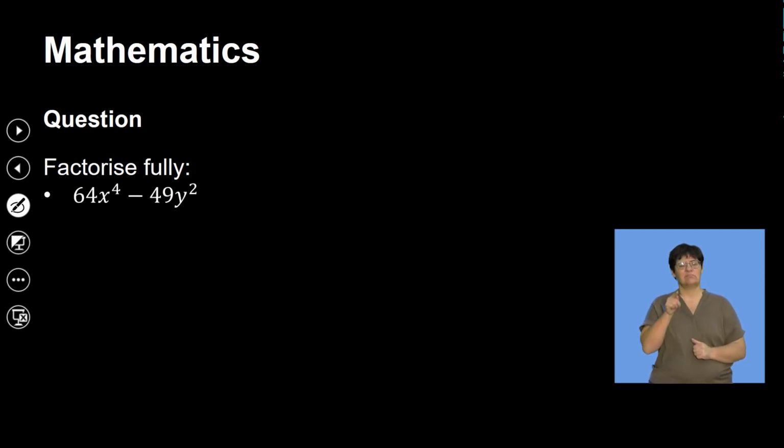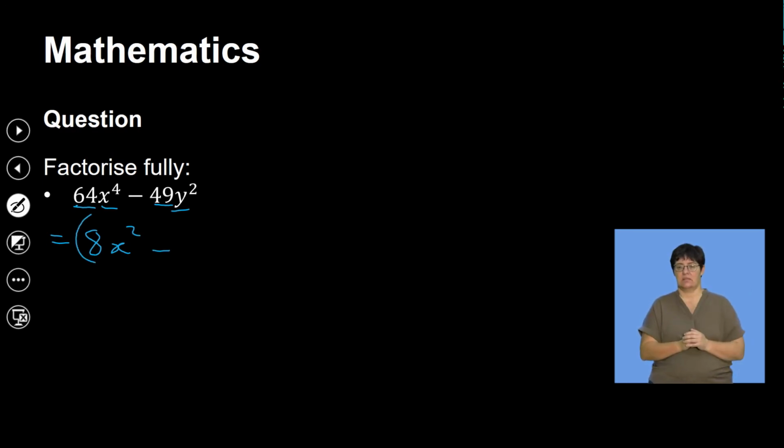Now here is a difference of two squares. Remember, this is a perfect square. 49 is also a perfect square. X to the 4 is a perfect square. Y to the 2 is a perfect square. So this will become 8x squared